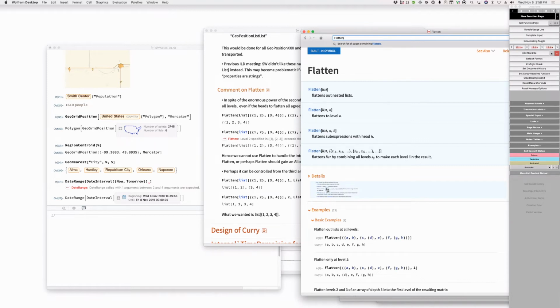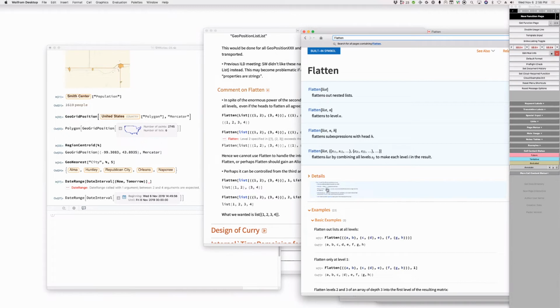I agree. What's the problem with this? That it currently doesn't work. Okay, but is there a reason we don't make it work? No. I think we could make it work. Carl in our live stream is suggesting using allowed heads for Flatten. Not a terrible idea. No, not at all.